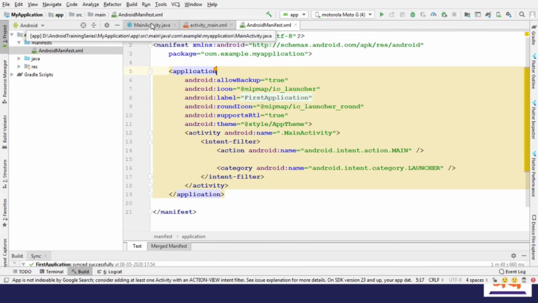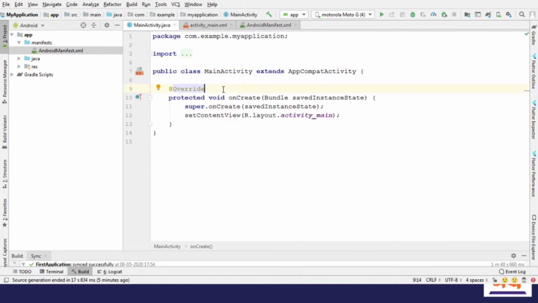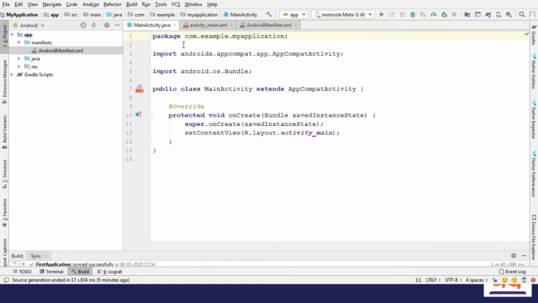I will start from MainActivity.java file. Inside MainActivity.java file, I will expand this. This is my package name, which we have defined while creating the Android application. This one is also a package name, which I have imported here, and this one is also a package name, which I have imported here. This is my class MainActivity, which extends properties of AppCompatActivity. Inside MainActivity, by default there is one method which is onCreate. I will let it be as it is. Till now we are done with MainActivity.java file.